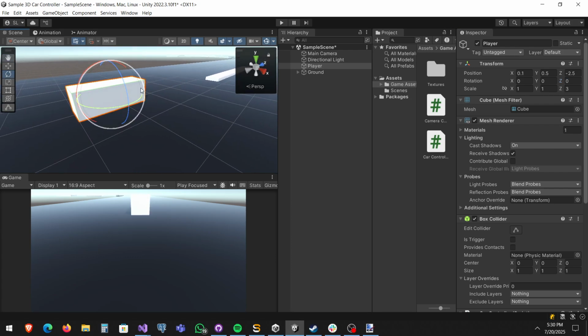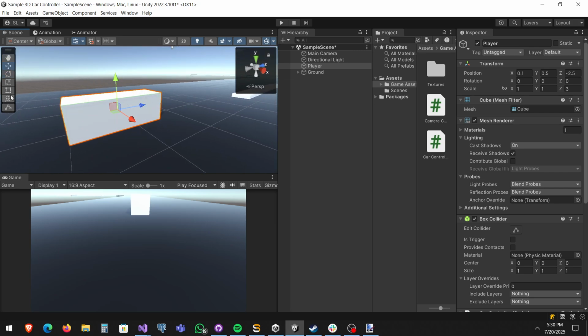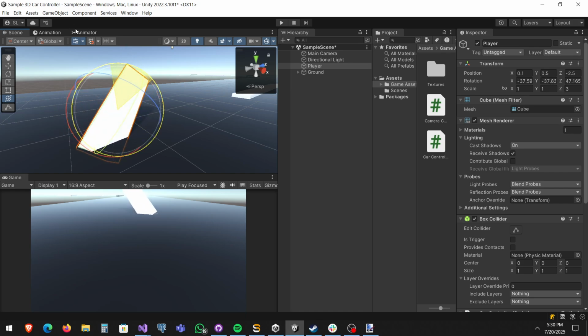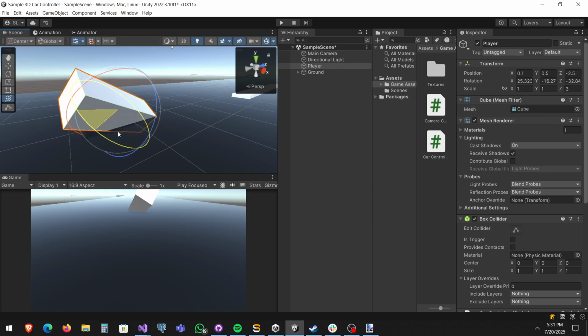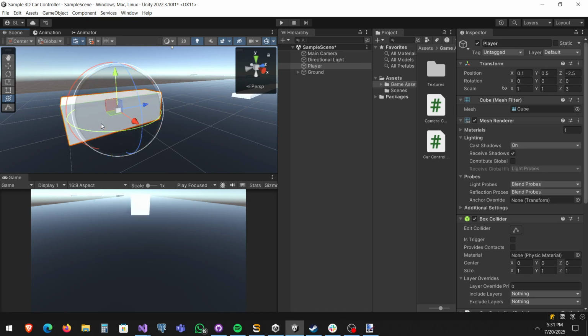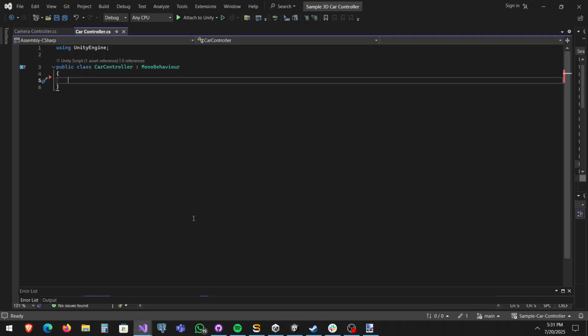I believe w comes, just a moment. You can see I am holding this yellowish line, and if you look over here in the rotation string, just quickly observe what I'm doing. I'm moving this, and you can see all three values are being moved. So w is basically a combination of all three values x, y, and z. These are the three core concepts which come up when you are making a car controller,